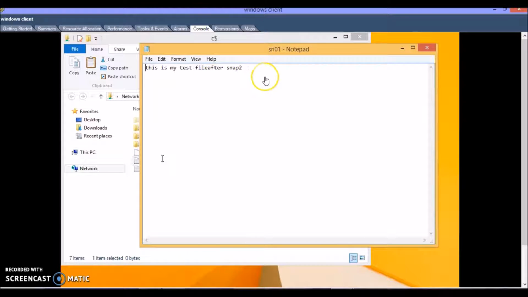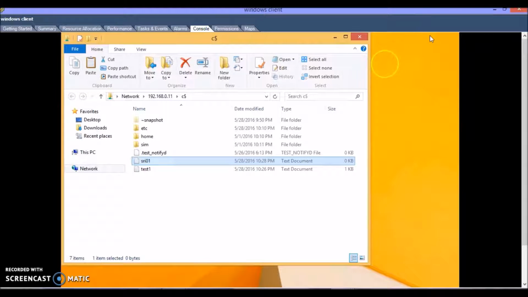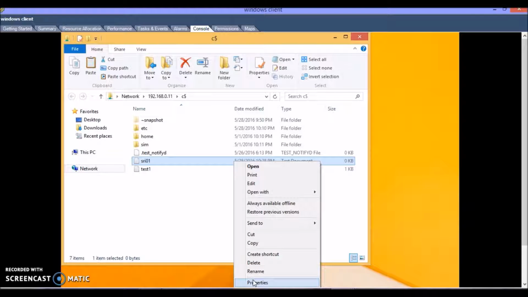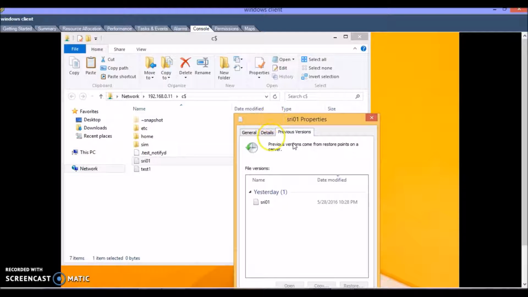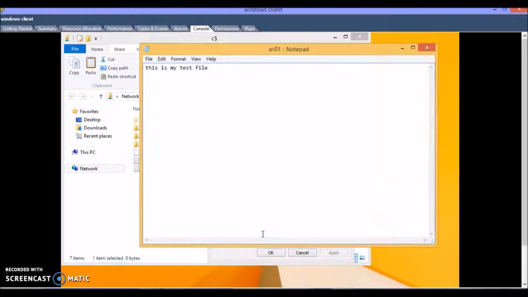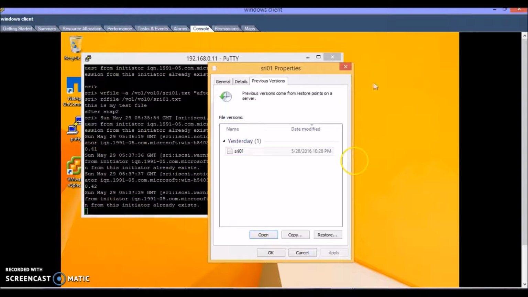Okay, to check this text file in your folder, again go to your data storage path. Here you can see the text file which you created now. If you open it, you can see the overwritten text. To get back your previous one, just right click on your text file and click on Properties. In this Properties dialog box, press the Previous Versions tab. Here you can see the number of previous versions. To see the previous version text, open